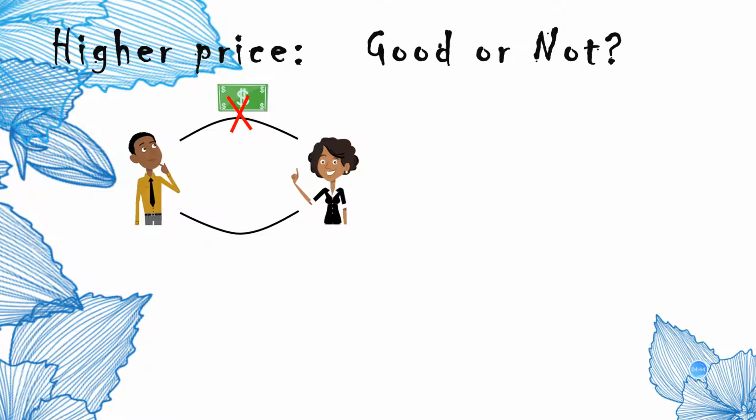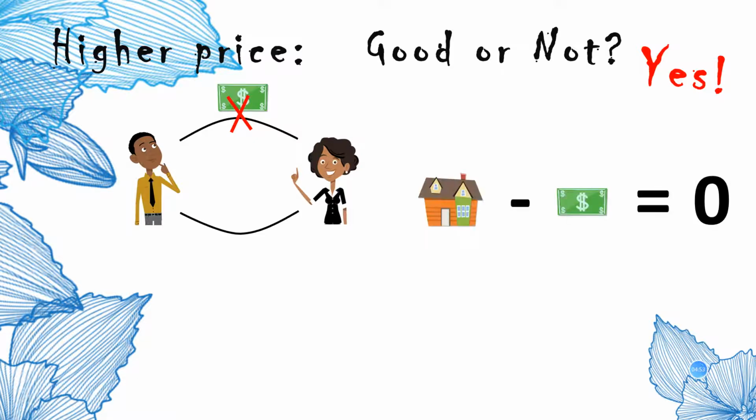Now, let's get back to our question. The answer is yes. Because a higher price means that the value of the house is more than the value of the mortgage balance. If the borrower defaults, the resulting foreclosure will lead to little or even no loss, so the lending is well covered.